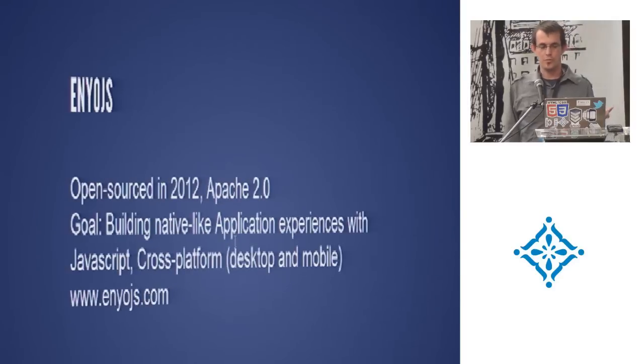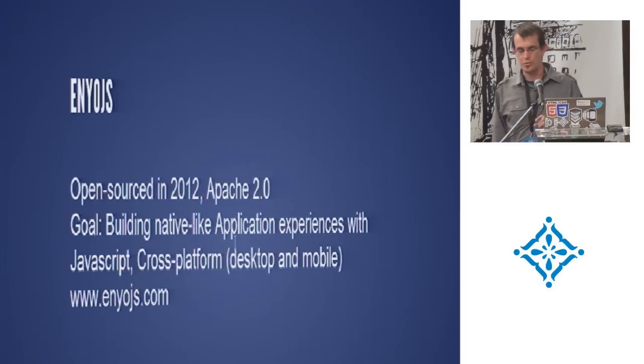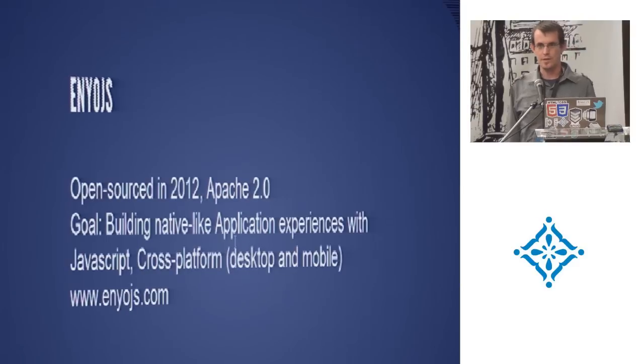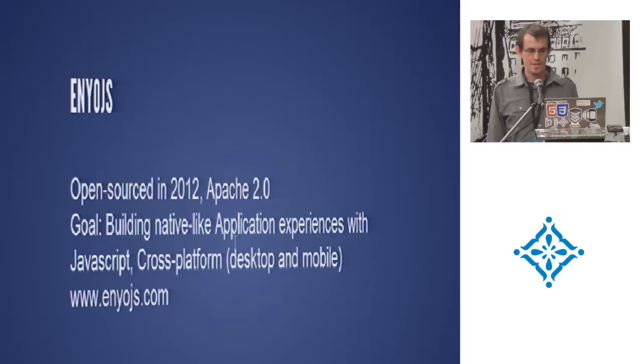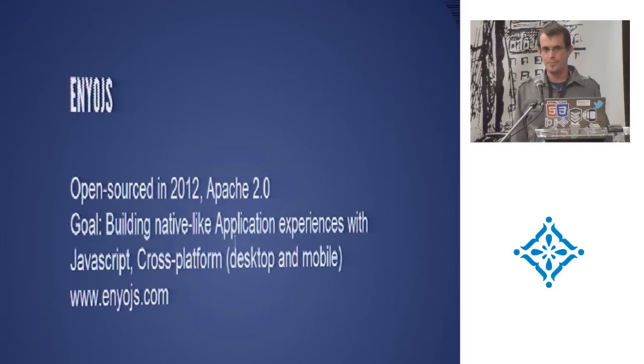Let's talk about Enyo, our own framework. I'll talk about it a bit more because you might not know it. It was open sourced in 2012. It has the Apache 2 license, so it's very, very liberally licensed. The goals of it, just in one sentence: building native-like application experiences with JavaScript across platforms, desktop and mobile. So I invite you to check it out. It's pretty cool. You can also talk to me if you want to know more, and that's the end of my